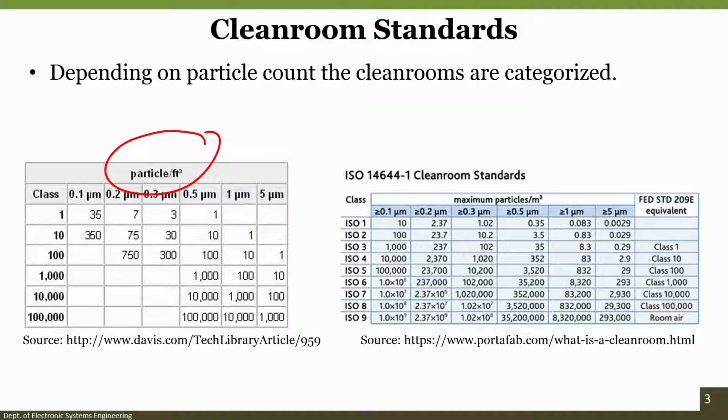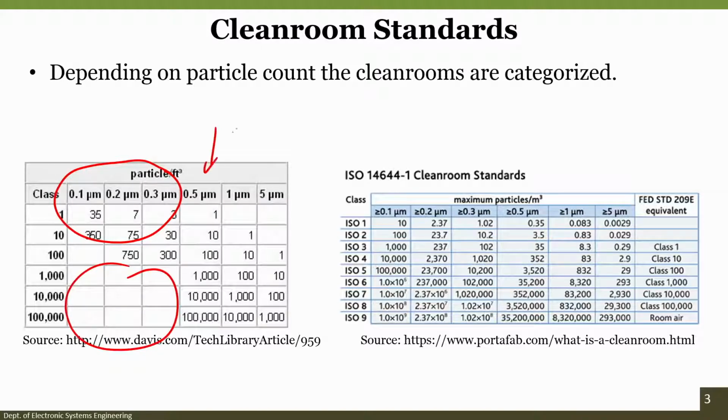So it is more like for the personnel rather than for the equipment, because equipment is within that casing where already the environment is maintained, right. So, if you see class 10, class 100, class 1000, then the number of particles would change in 1000, 10,000 and 100,000. These particles would be present. We have not written anything, but it will be there, for 0.5 micron, 1 micron and 5 micron particles in these particular values.